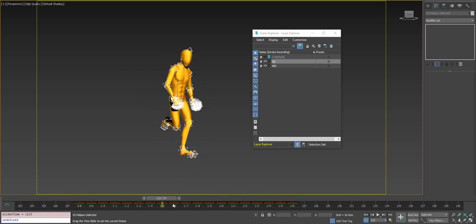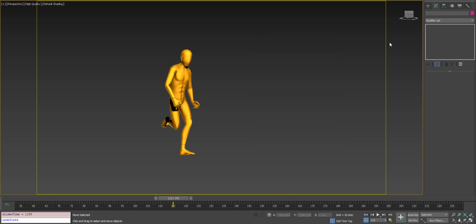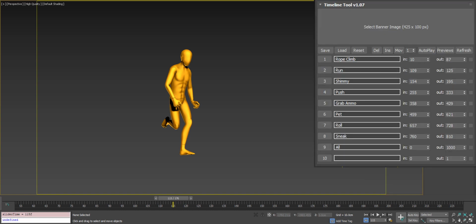But I kind of feel like dragging around takes a little while, and you've got to use like an Excel spreadsheet so you know where your ins and outs are and what your animations are that you're working on. So I thought I could help speed that up and take away some of the pain of moving through your timeline. So that's led to the creation of the timeline tool,